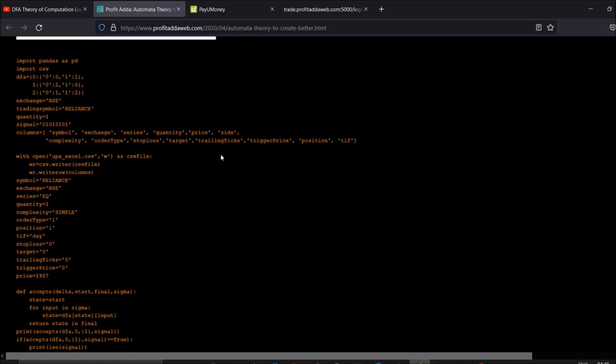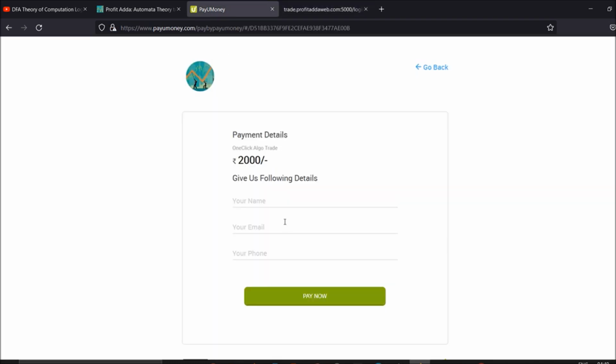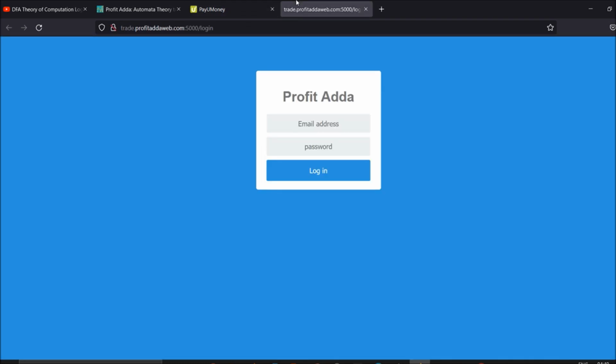So this is how you can go. You have to give the details: an email address and a password, which will be allotted by us. The email address is either the one with which you paid me 2000 rupees, or otherwise the one you registered with Upstox, so I'll get it over there. The password will be allotted by us, randomly. Just give it, enter, and utilize these trades. I'll log in to the page with my email address and password, and I'll show you how you can go.